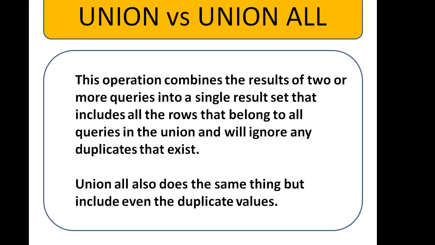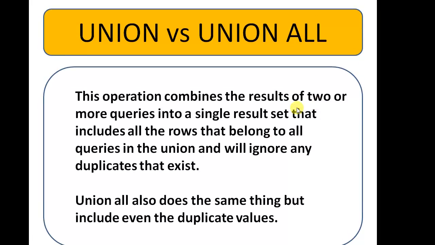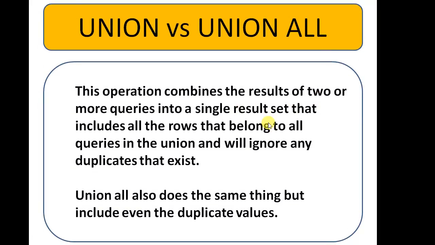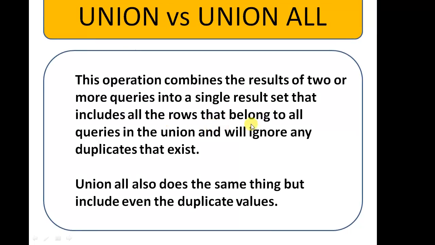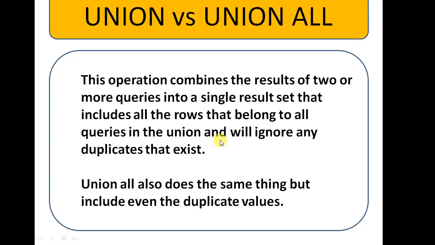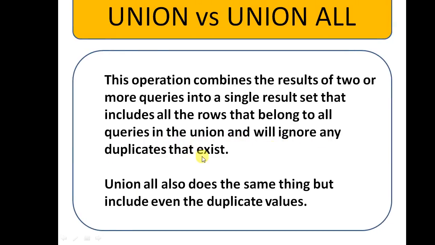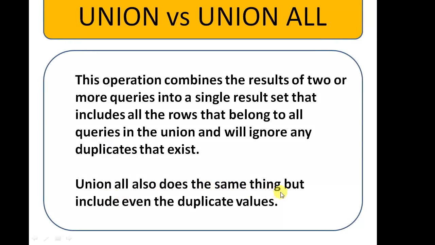So these are the main difference, but the union all will not remove the duplicate values. So that is, union operation combines the results of two or more queries into a single result set that includes all rows that belong to all queries in the union and will ignore any duplicates that exist. And union all also does the same thing but includes even the duplicate values. Okay,